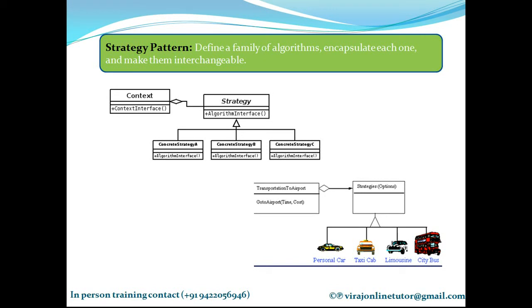So in the diagram on the screen, I have a strategy class. It's nothing but a common abstract interface for all the algorithms. The next is a concrete strategy component. Now what is the second component of a strategy design pattern? It's a concrete strategy component. It's nothing but the implementation of a strategy. So the implementation of a strategy is the concrete strategy component. And the last or the third component of strategy is context.